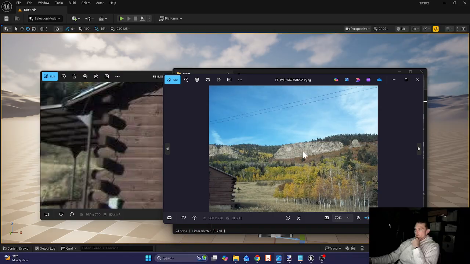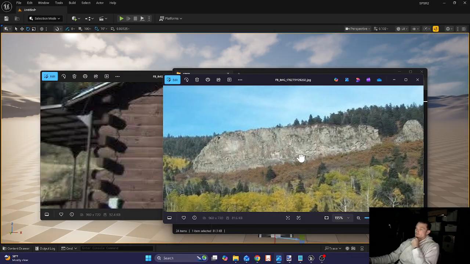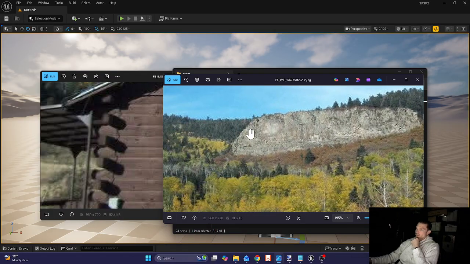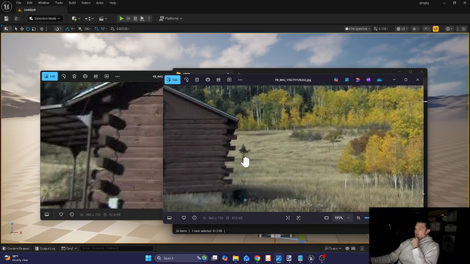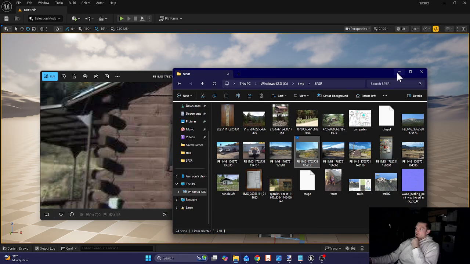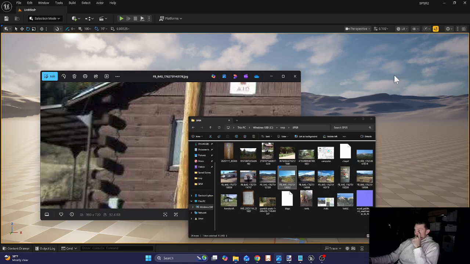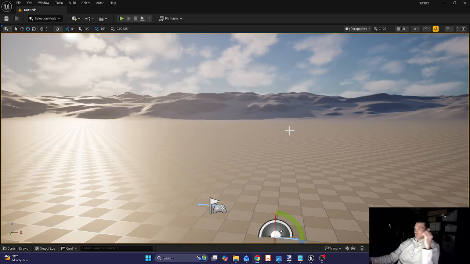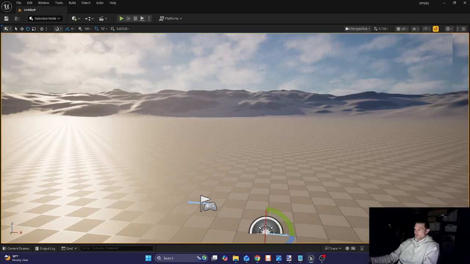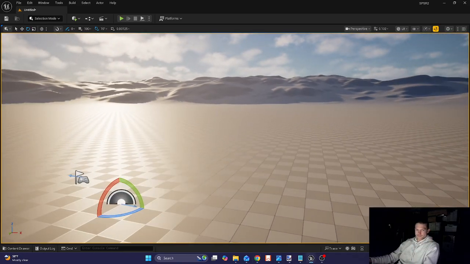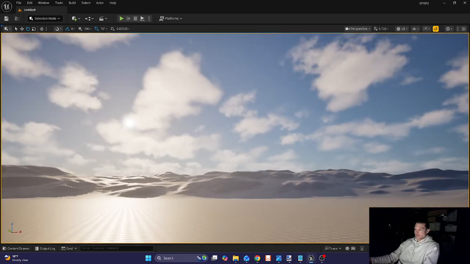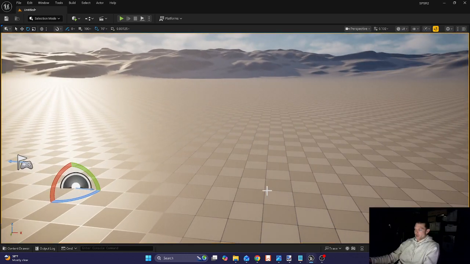Here's another side photo. That's more of the dike wall, which we'll probably utilize this photo to help us with as well. But let me go search, or maybe I'll search in a little bit. The first thing we'll do is build a couple materials, and then we'll actually start laying down the foundation for the Med Lodge. So the first material I want to make is going to be a wood paneling for